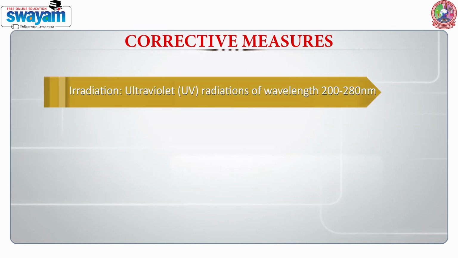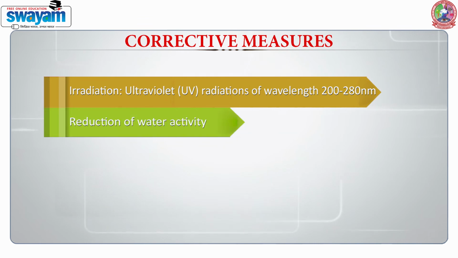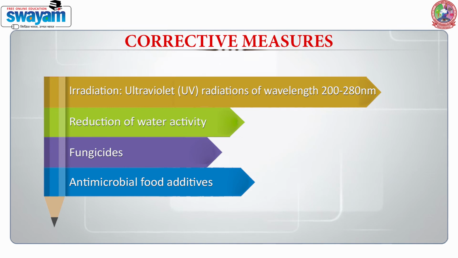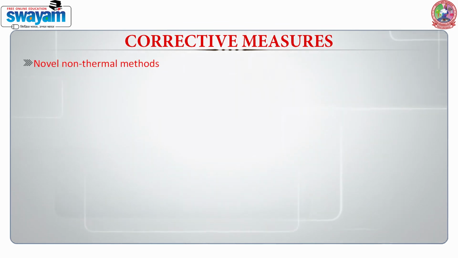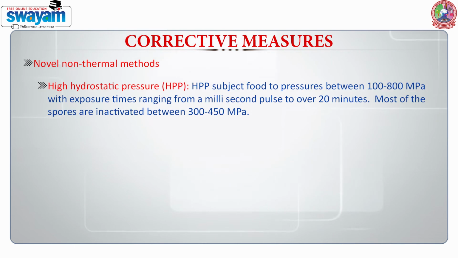UV light or irradiation with UV in the range of wavelength 200 to 280 nanometer is also found to be effective, and another method is to reduce the water activity. Use of fungicides and antimicrobial food additives are also helpful in reducing the spoilage of the food products. However, these days certain novel non-thermal methods, which involve high hydrostatic pressure, abbreviated as HPP,